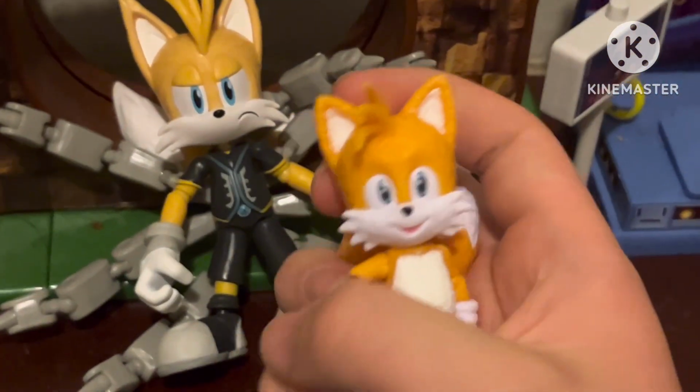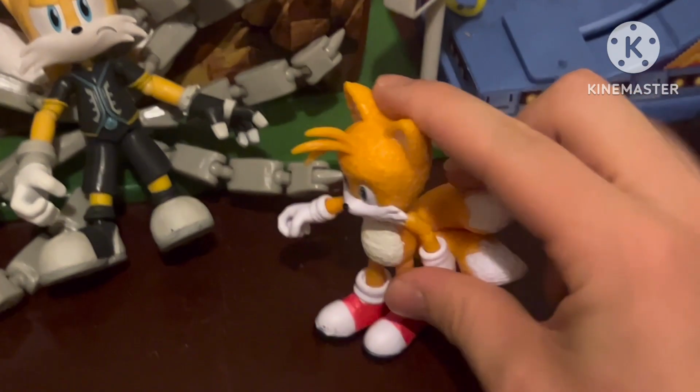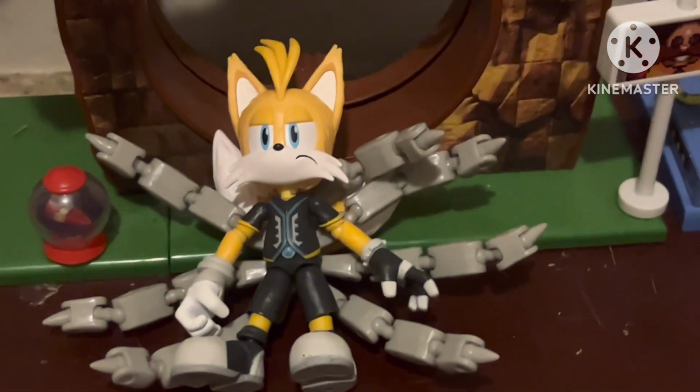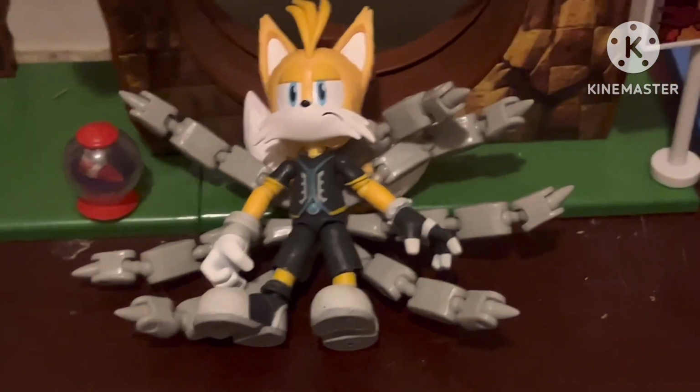Movie Tails has the realistic tufts here because of course he's the movie version. This one can stand sort of fine, but the tails need to be there as well to help him stand up. So basically all the tails we have really just need their own tails to support them or else they're gonna fall. I'm gonna have to figure out something with 9 here because he still likes falling. So yeah, 9 is a great figure as well, so let's move on to